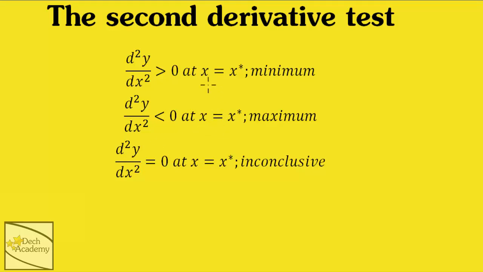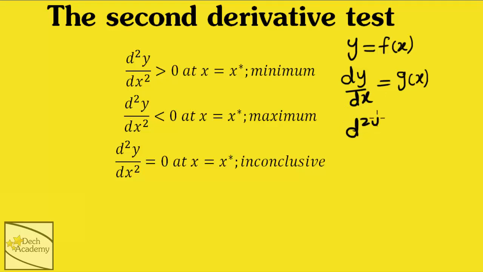Another approach for determining the nature of a stationary point is to use the second derivative test. So if I have a function y is equal to f of x, the first derivative is dy/dx. And I guess dy/dx is equal to some function, well, I'll call that g of x. If you take the derivative of this function as well, so the second derivative, which is d2y/dx2, you get